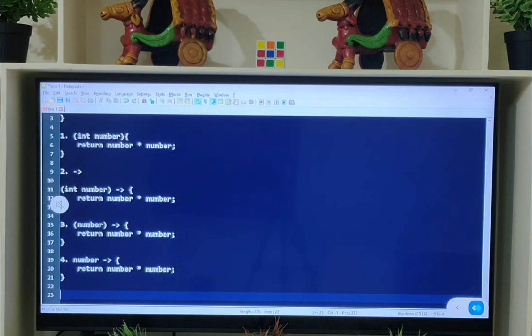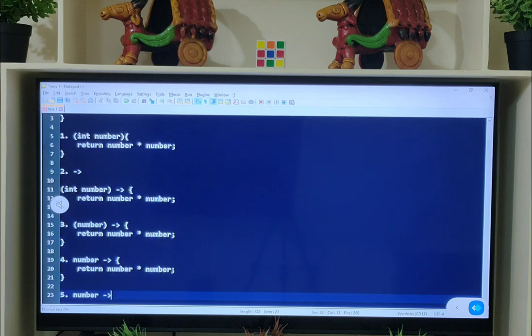Only one statement. If you have only one statement as part of your lambda expression, you need not surround that statement in curly braces. You also don't need to write the return keyword if you have only one statement. Let's remove the curly braces and return statement, as your lambda expression has only one statement.